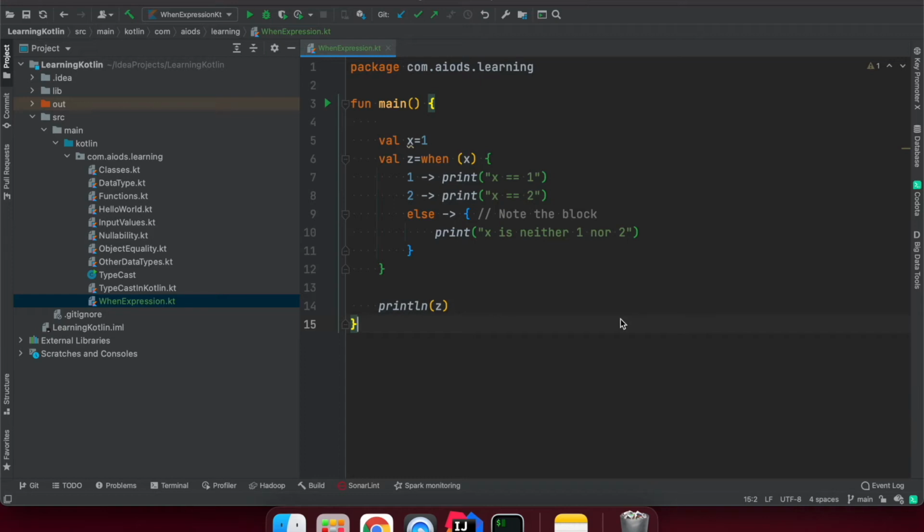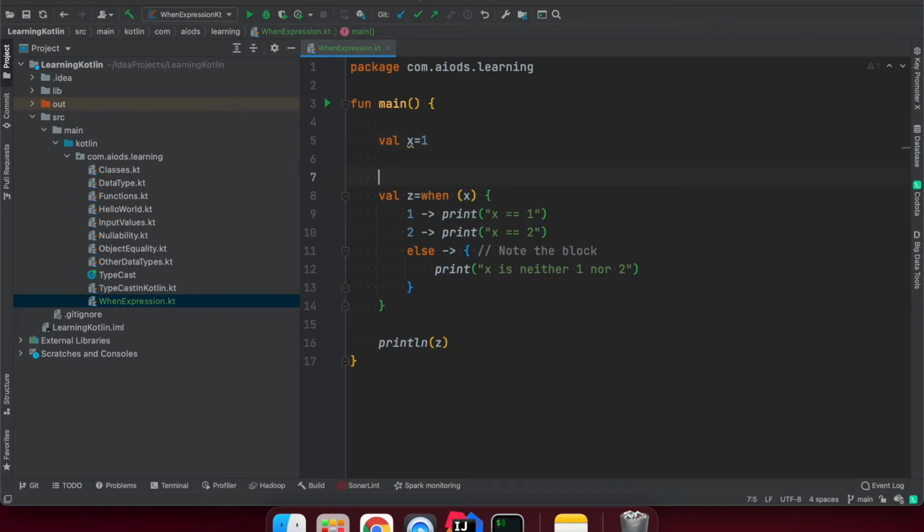About the when expression in Kotlin. If you can see, I have written this kind of code, but generally we use if and else to do these things. And in Java we have switch, you might know it. So in Kotlin, how does the when expression work? I'm going to talk about it.